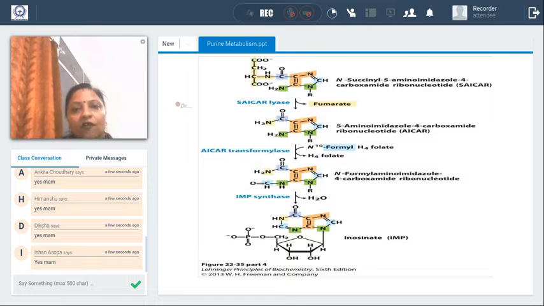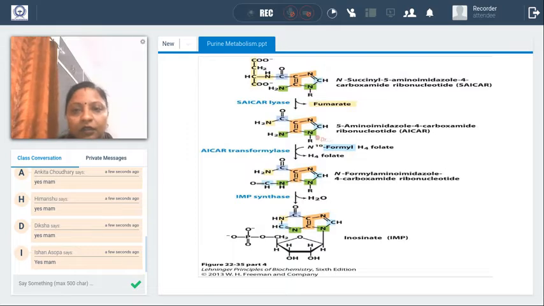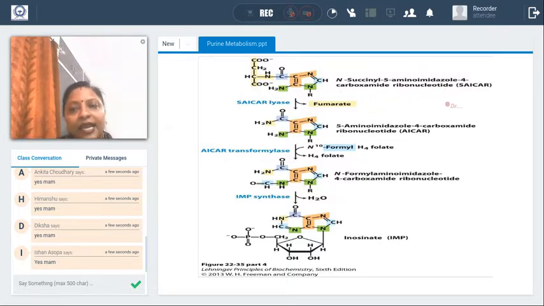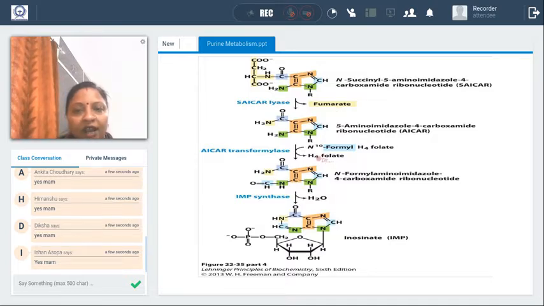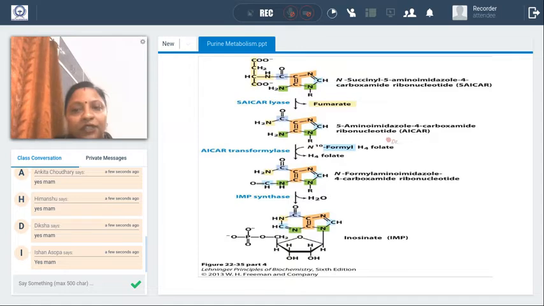In the last phase of the synthesis of the purine nitrogen base, we have SAICAR lyase. What is lyase? Lyase is the enzyme which removes a molecule. N-succinyl 5-aminoimidazole 4-carboxamide ribonucleotide, that is SAICAR, in the presence of SAICAR lyase, loses fumarate, and we get 5-aminoimidazole 4-carboxamide ribonucleotide, that is